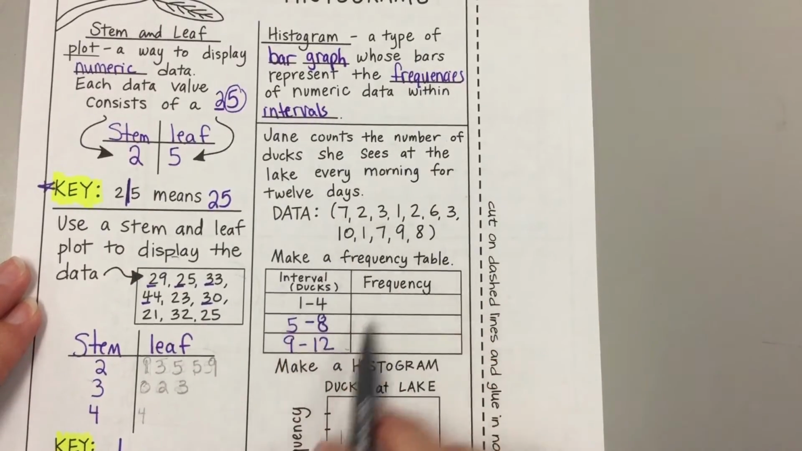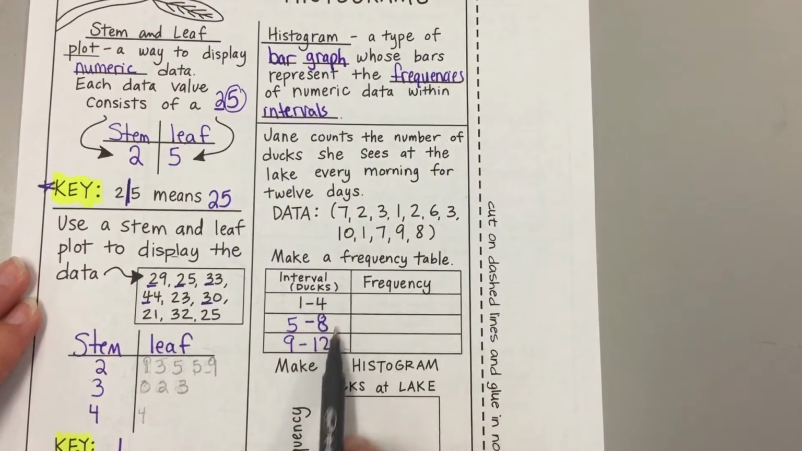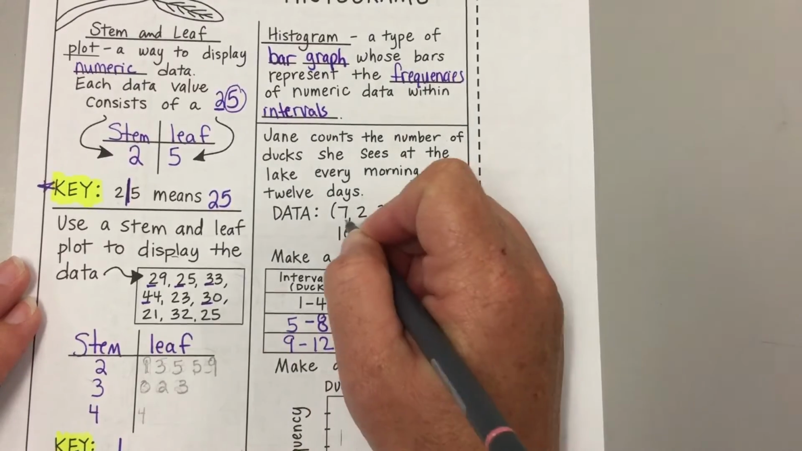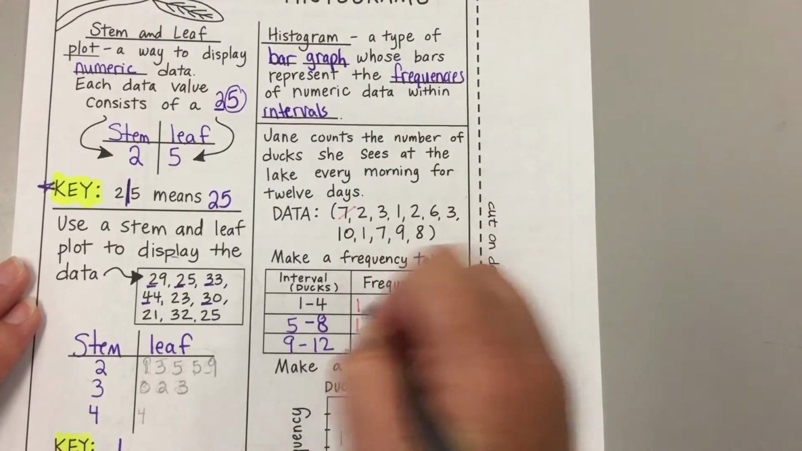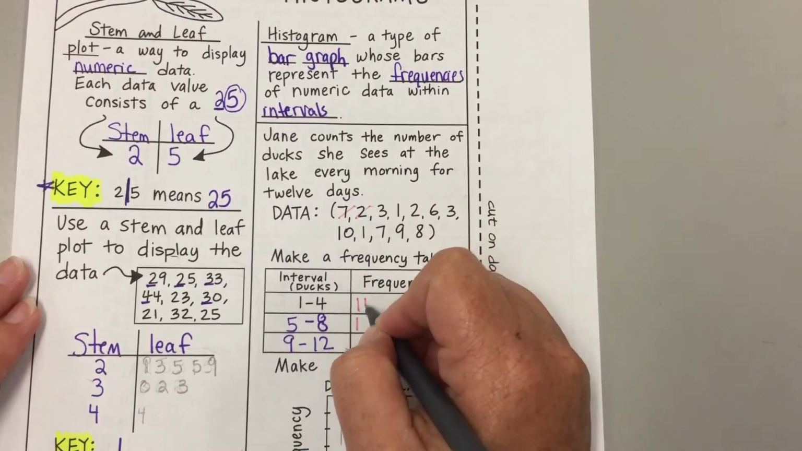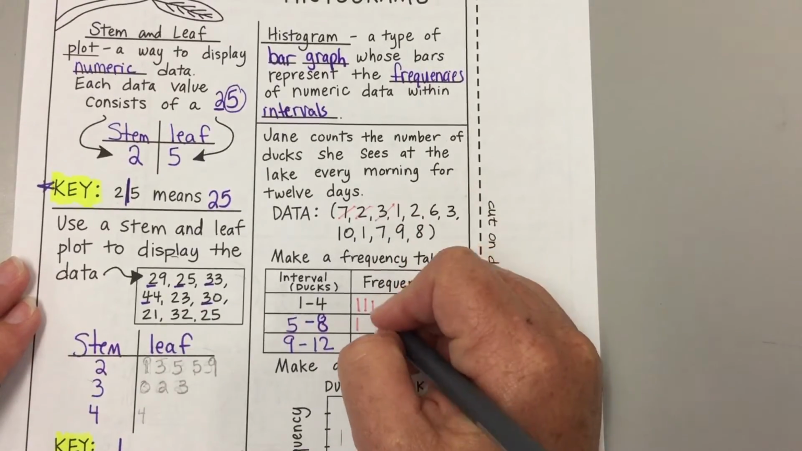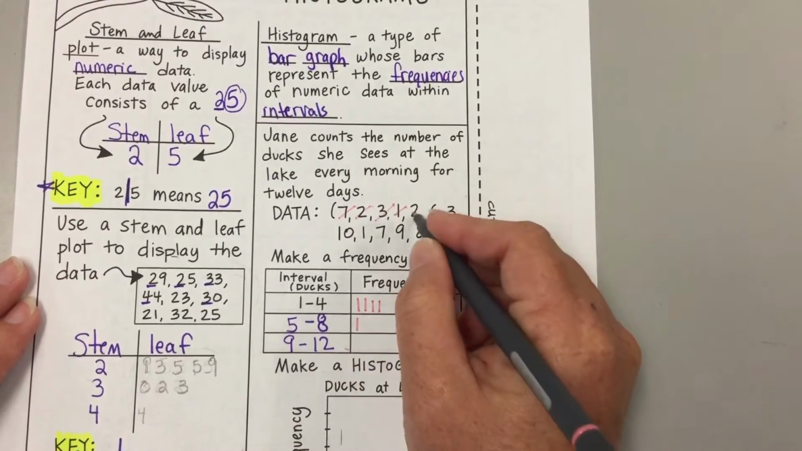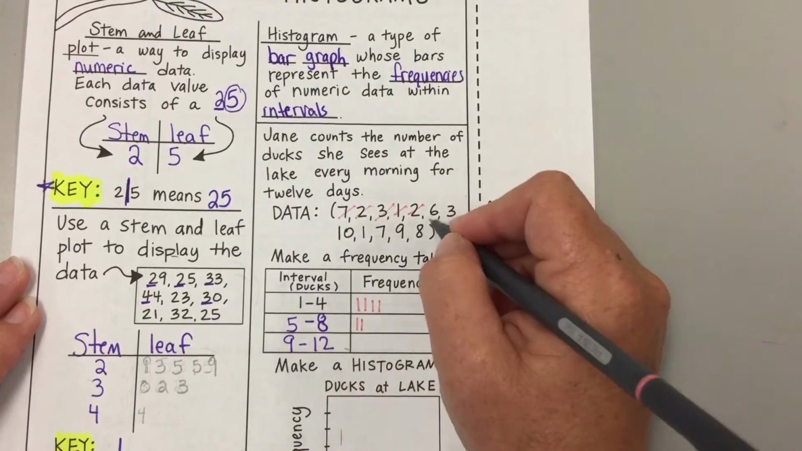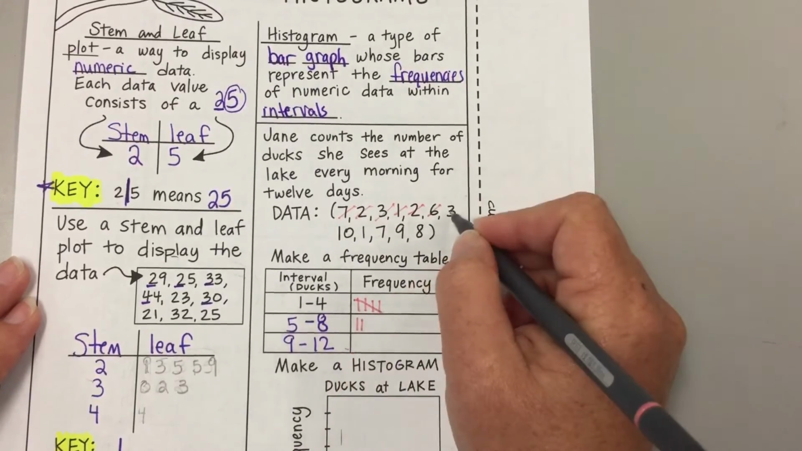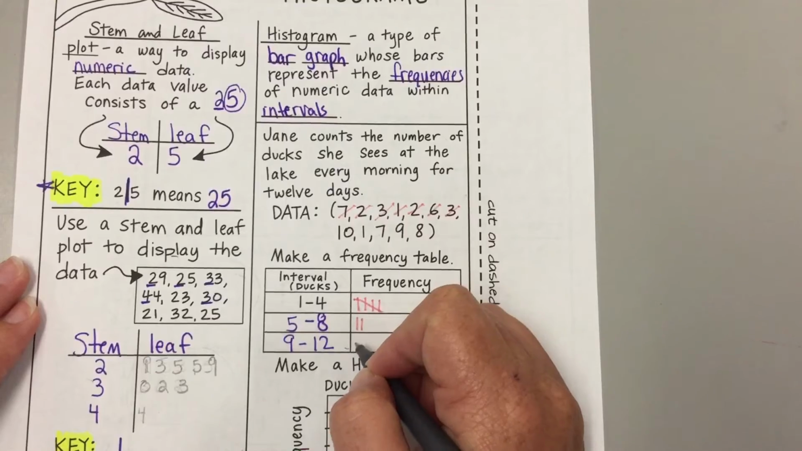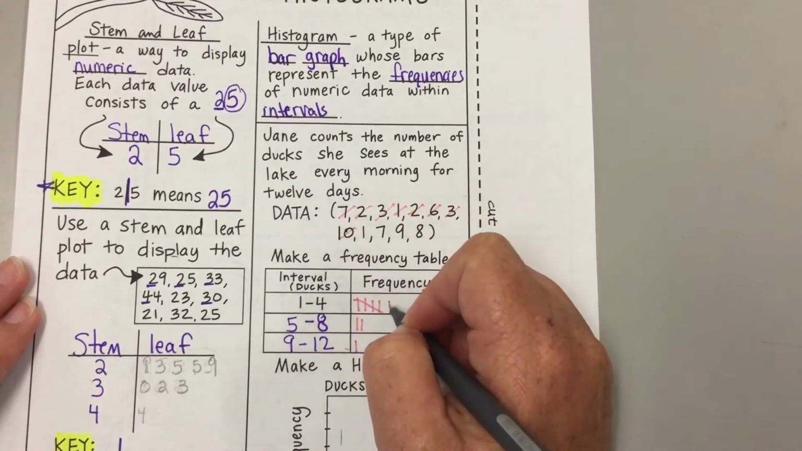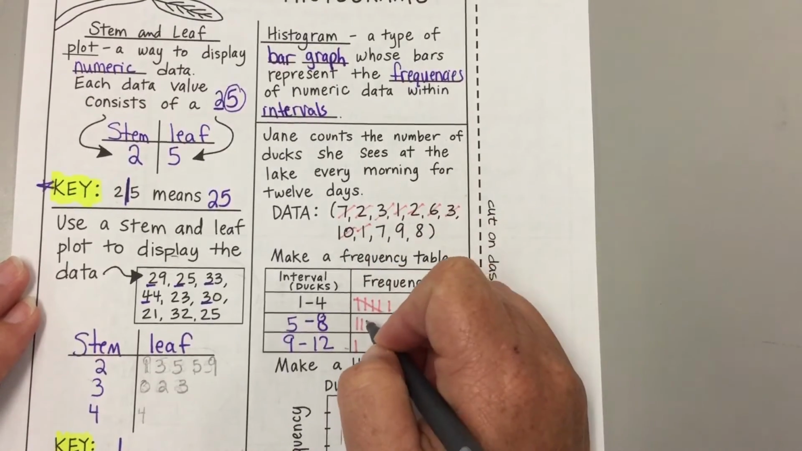So I've got a 7. What interval would that fall in? 5 to 8. So that's there. And then I've got a 2 would go there. A 3 would go there. A 1 would go there. A 2 would go there. A 6 would go here. 3, 10 would go here. And 1 up here. 7,